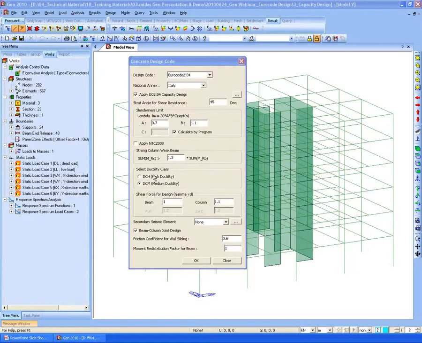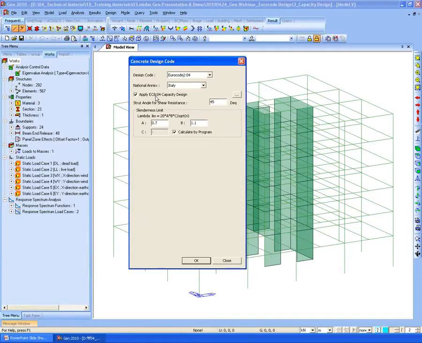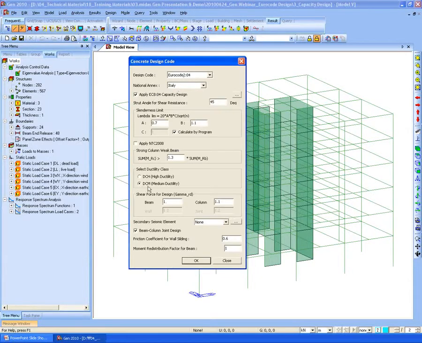And the ductility class, we have 3 different classes. DCL is the same as Eurocode 2 simple frame design, DCM for the medium ductility, and DCH for the high ductility. And for the shear force, we need to consider the gamma factor.